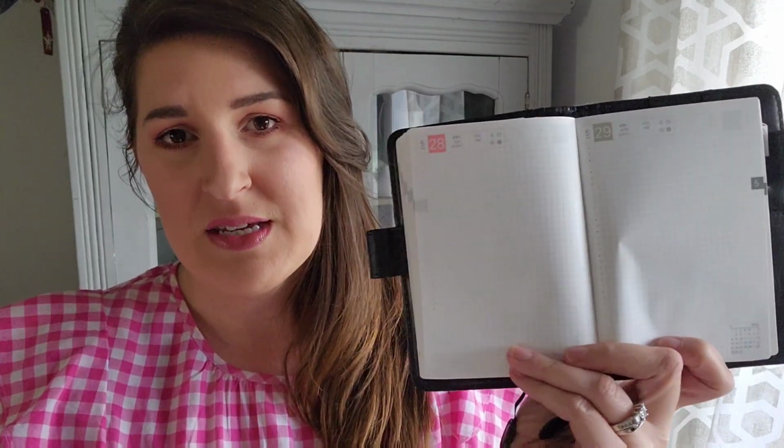If Hobonichi would come out with an A6 without the quote section, immediately I would buy it because Hobonichi is still superior to Kinbor. They always will be. This isn't truly Tomoe River paper as much as they try and claim that it is. Shame on you,